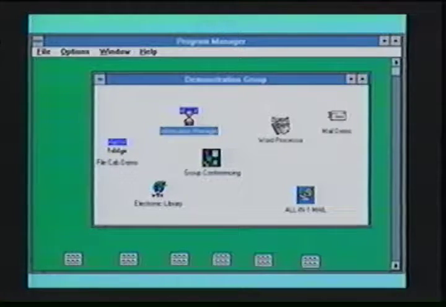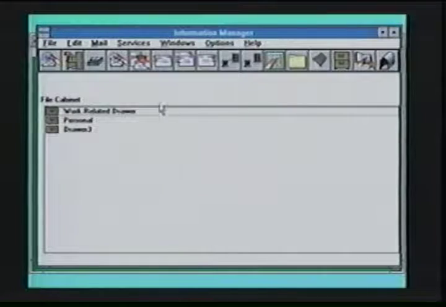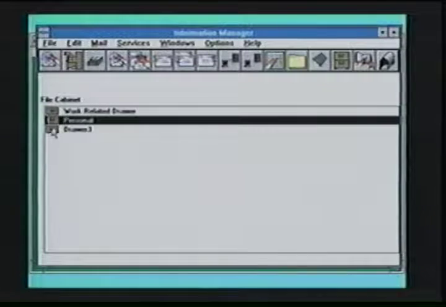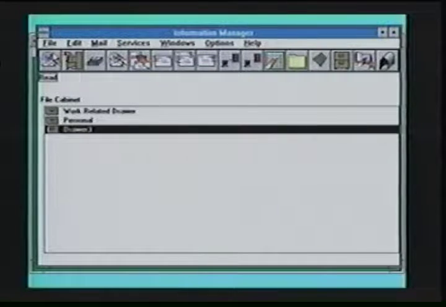The Information Manager provides a series of tools. These tools include a file cabinet where I have 3 drawers within the file cabinet, and also a series of push buttons or radio buttons that allow me to quickly navigate through a lot of my files. So at the push of a button now, I can read mail, find a file, print that file, read new